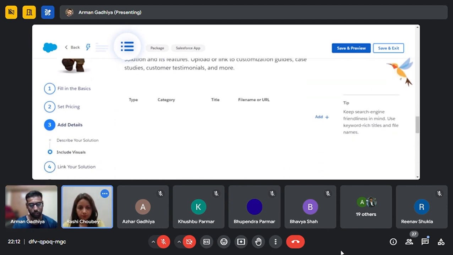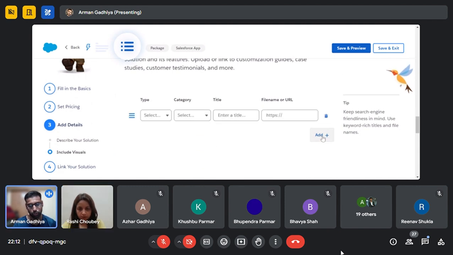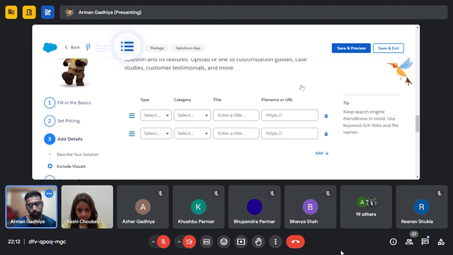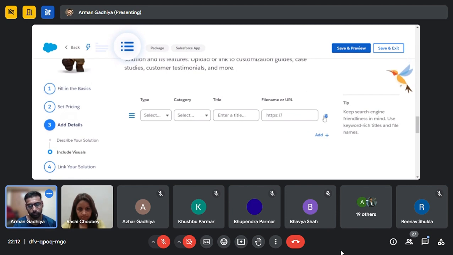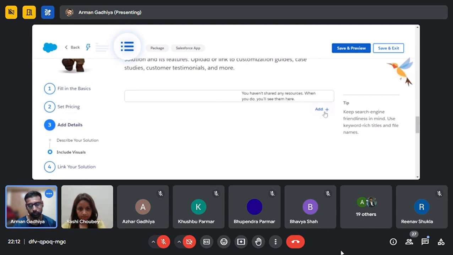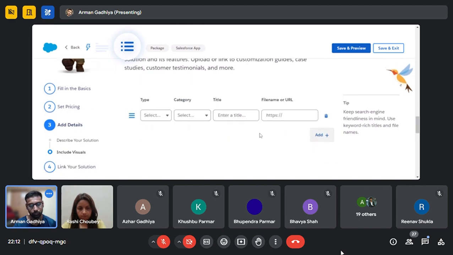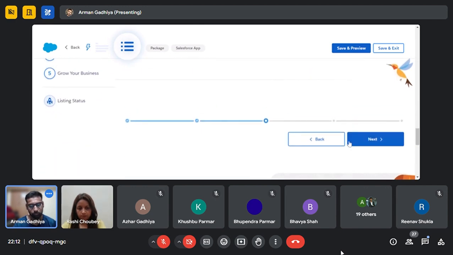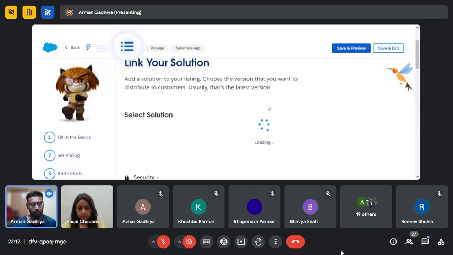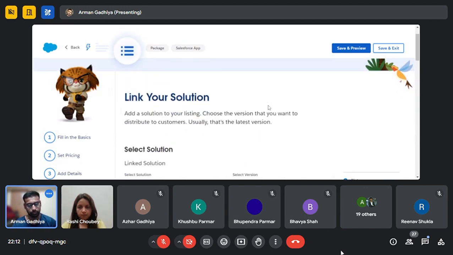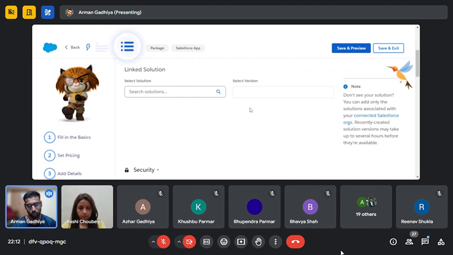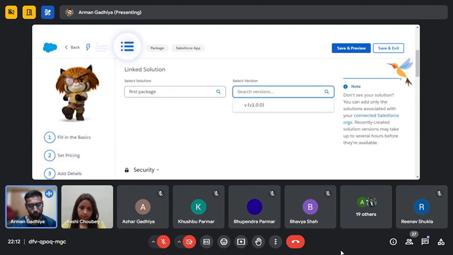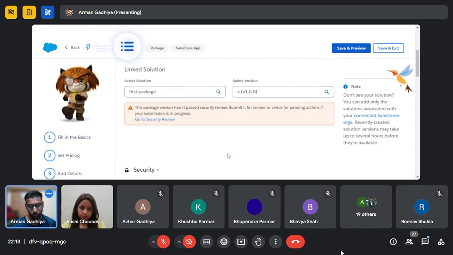Okay. Then you can also add multiple custom resources here. Then is link your solution. Whatever managed package you have created in your org will be visible here. As you can see, I have created my first package, and I have also created a version. So I'm just selecting that,